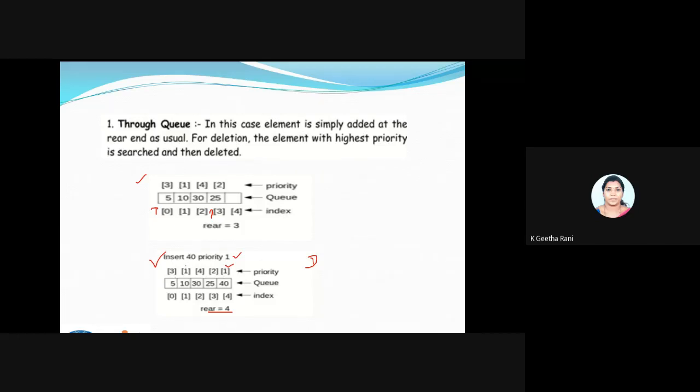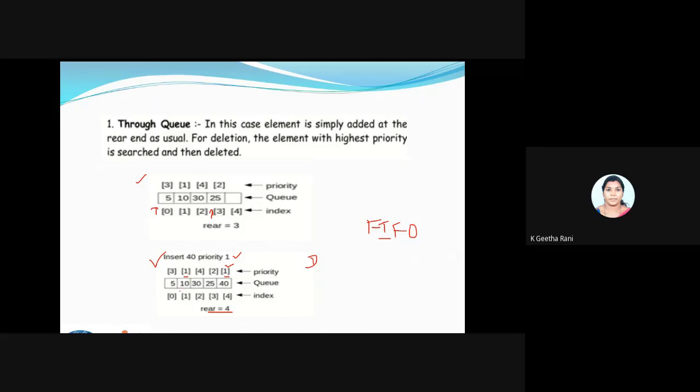Actually we have two highest priorities, both 1. One is holding the 10 value, another one is holding the 40 value, but this 40 has been entered now. Before that, this 10 has been inserted. So now I'll be following the first in first out rule, and then I'll be removing the value 10.